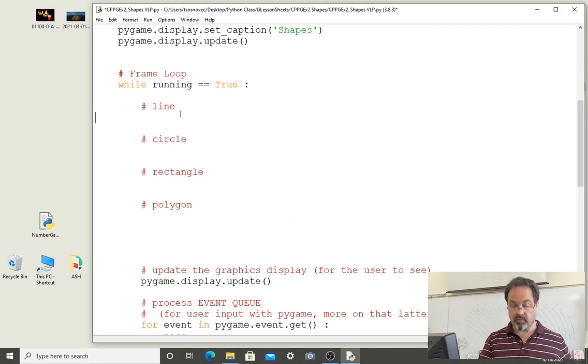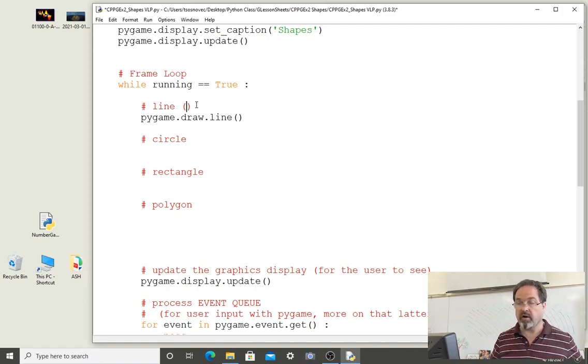To create a line from Pygame, the draw family of functions, we use the line function. And the arguments for drawing graphics are quite sophisticated. So in the comment, in parentheses, I'm going to put the arguments for a line descriptively. The first thing that we need in drawing a line is the surface where we're going to draw that